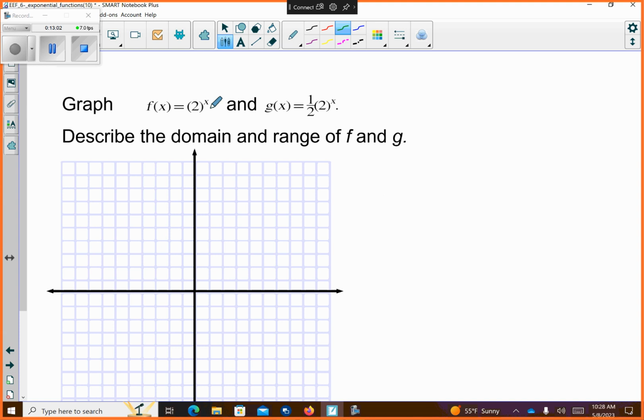So, can I have each of these be plus 0 and plus 0? Is that okay? So my asymptote's where? It's right along the x-axis, okay? So that's my asymptote. It's at y equals 0, okay? So if I added something to it, then my asymptote's going to either shift up or down.